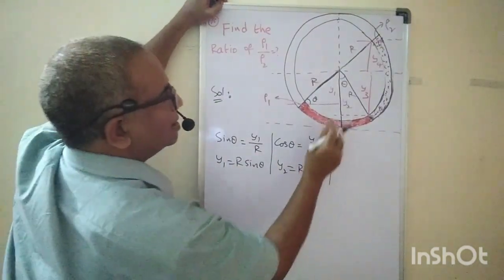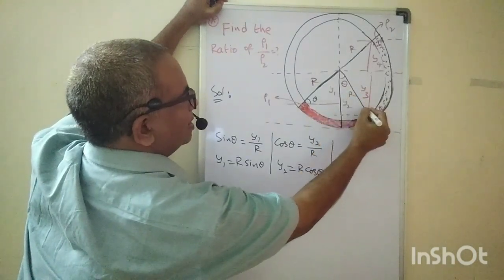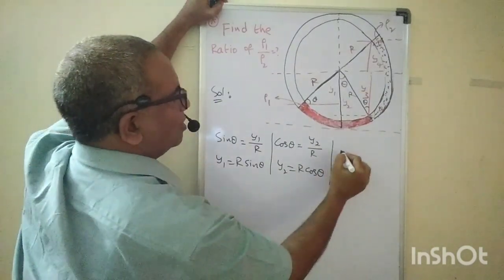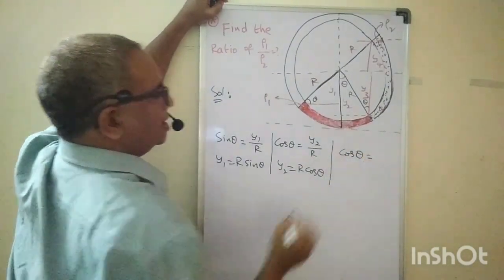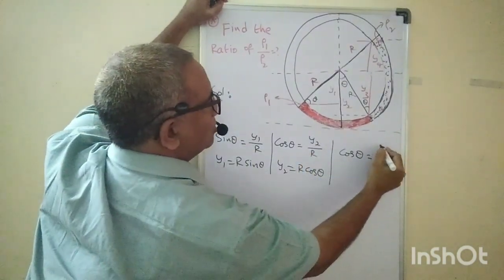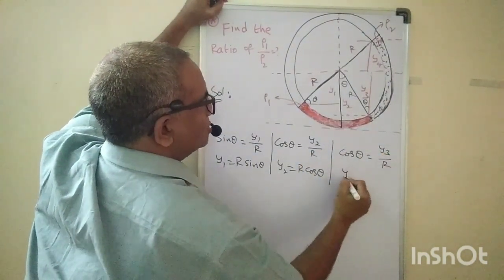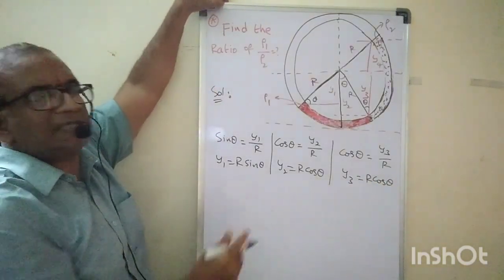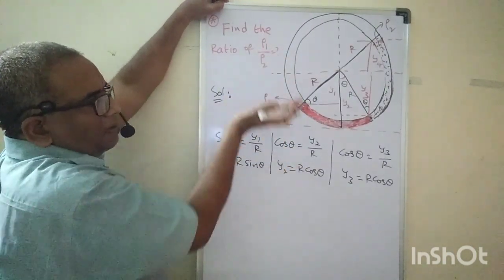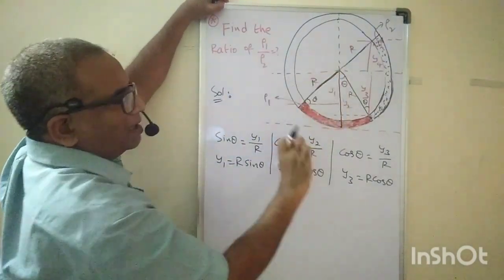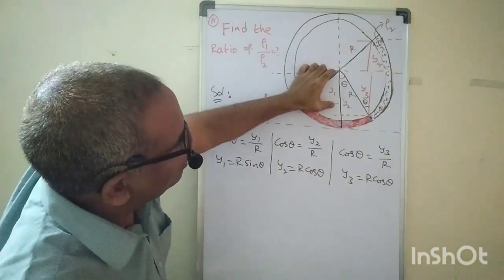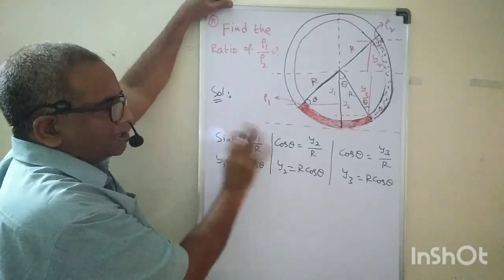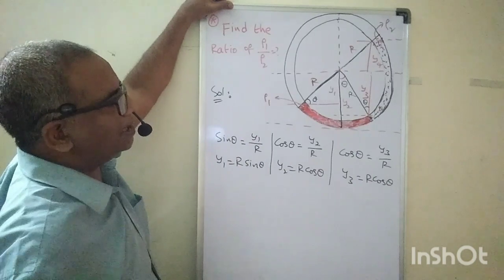Okay, then see similarly, if this one is theta, then this one is also theta. Then here y3 I wanted to find. So let us take cos theta here. So what is cos theta here? Cos theta equals y3 by r. So what is y3 here? Y3 is equal to r cos theta. Are you following? I am just trying to find the heights here, so that I am getting these values. What is this part? I am just trying to calculate those parts. Then you will understand step by step. Don't worry. Very, very slowly we will get everything.